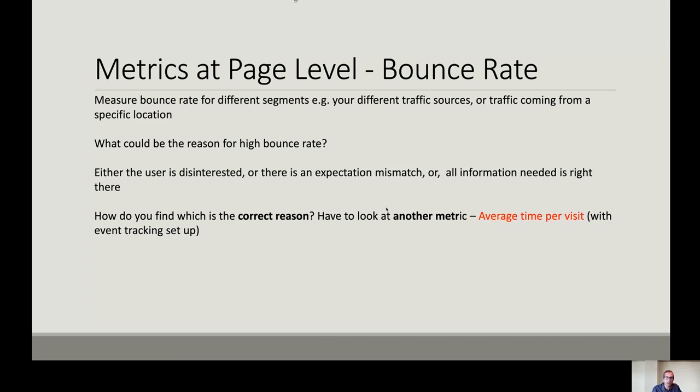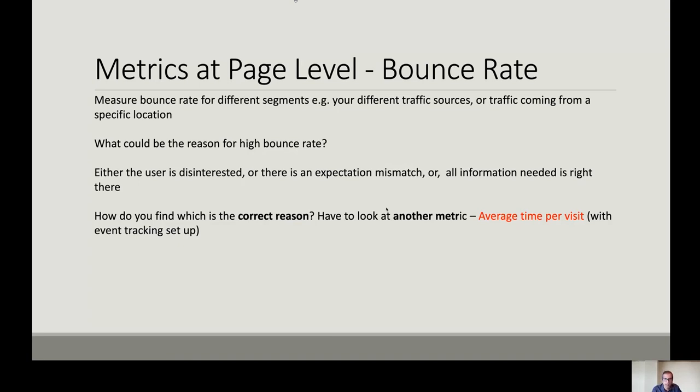It may also be because the expectation of the user that was set up before visiting the page was a mismatch with what content they saw out there, right? So if you want to really understand, you have to be open to these different reasons